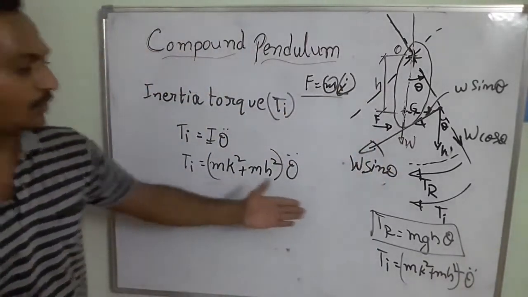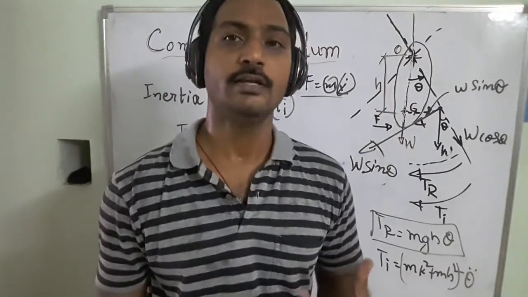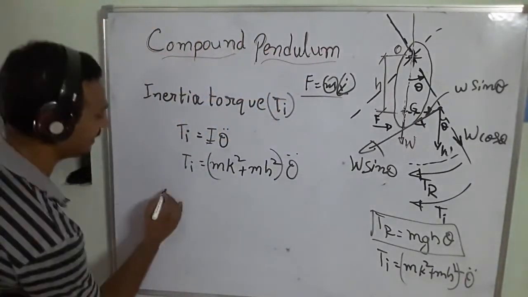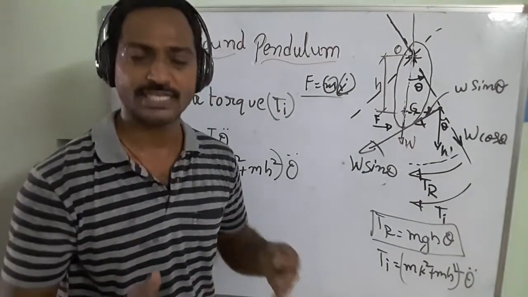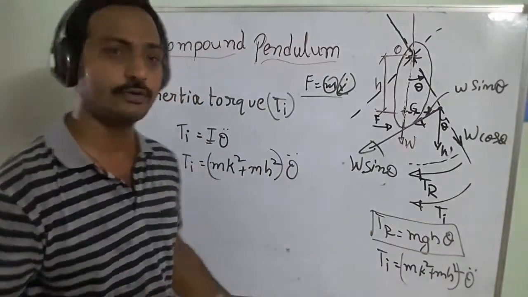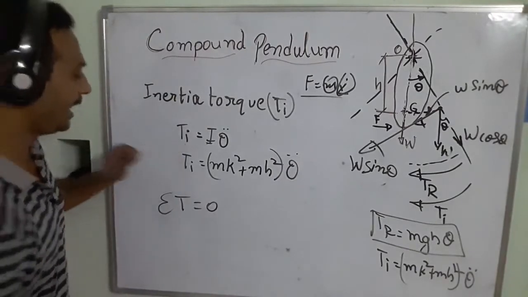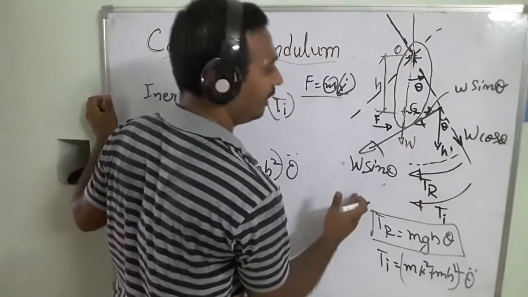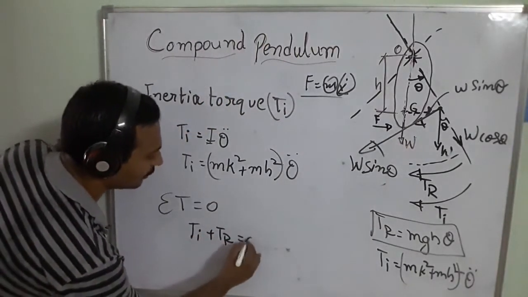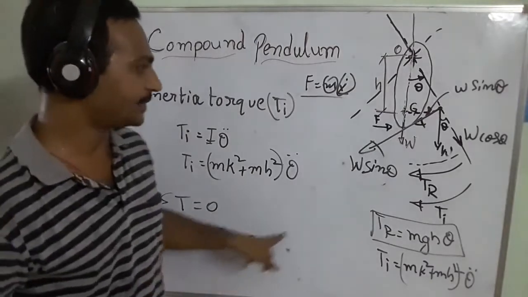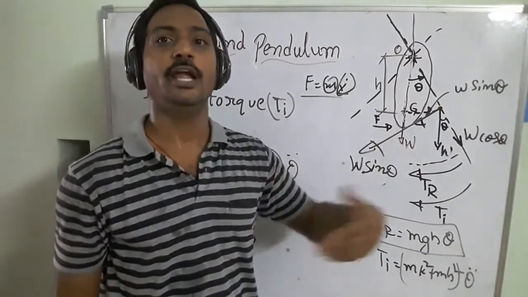As you know, from this one, we are applying the static equilibrium condition, right? So in that static equilibrium condition, the summation of the moments acting on that system is equal to 0. The summation of the torquing forces acting on that system is equal to 0. So in this case, these two forces are acting towards the left side of the system, so I am saying Ti plus Tr equal to 0. Only we are giving the initial displacement, and after that it will oscillate on its own.